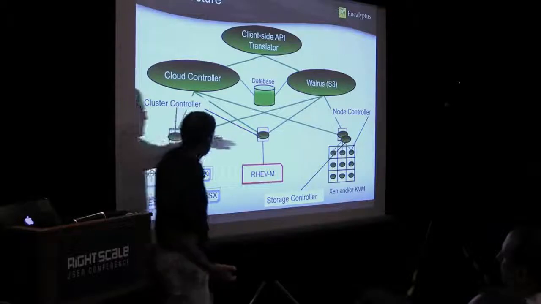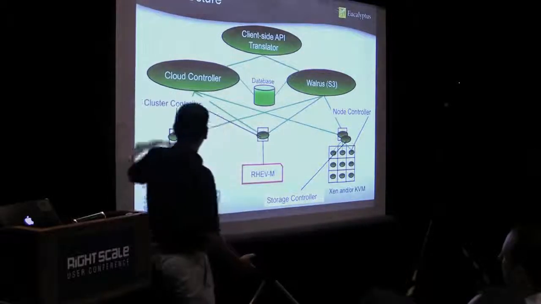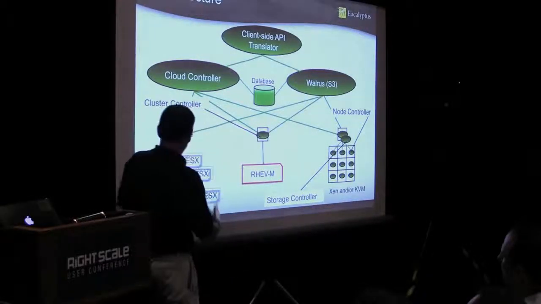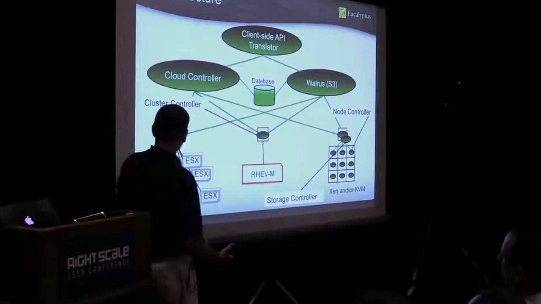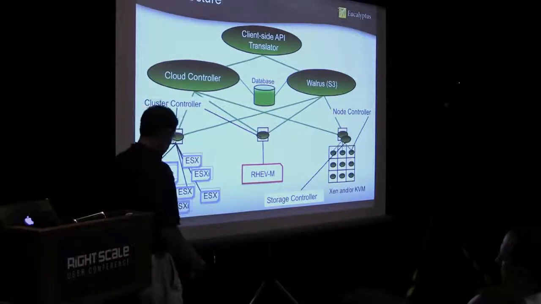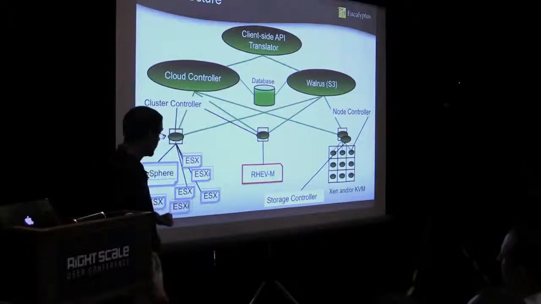And it consists of 2 layers. There's a scheduling and capacity planning layer, which we call the cluster layer, and then there's the hypervisor layer. And we support VMware's vSphere, so we can talk to vSphere, which then talks to a bunch of hypervisors, which are ESX or ESXi in the VMware world, or we can talk directly to the hypervisors themselves.